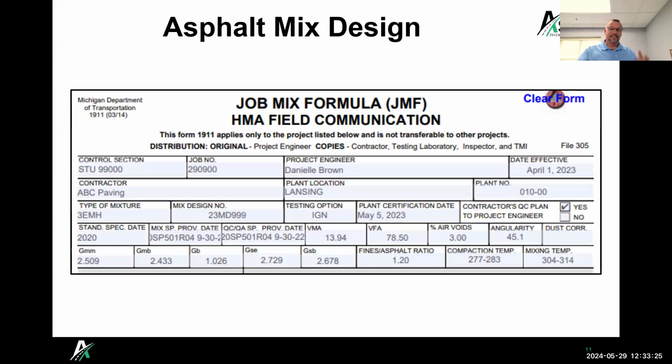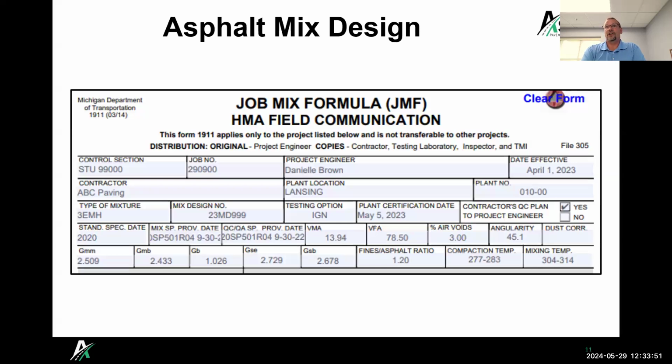Do we have an approved mix design, and all that stuff? You can even see on here on the job mix formula, the plant certification date. There's a whole process before you can even get into production on things that have to be done. Each plant gets certified each year. The mix design's got to be checked to make sure it's up to date and all that.